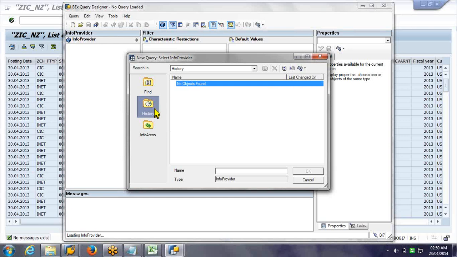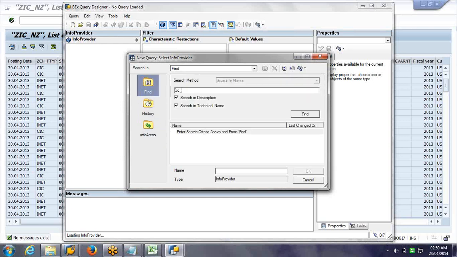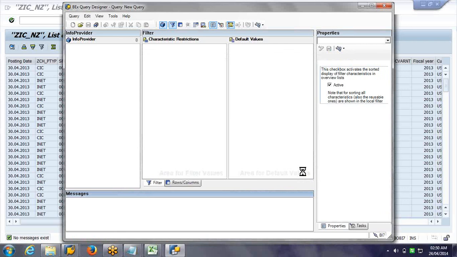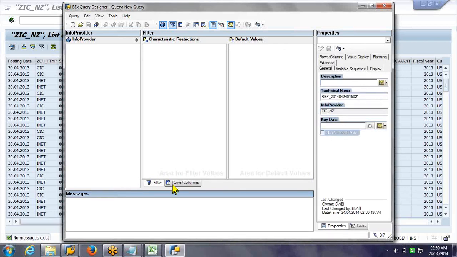So did we see query design any time before, or is it the first time? You did one, I think, in the last session, but you went there quickly, but you didn't go through it in detail. Yeah, okay. So I'll just explain the query designer basics as well.